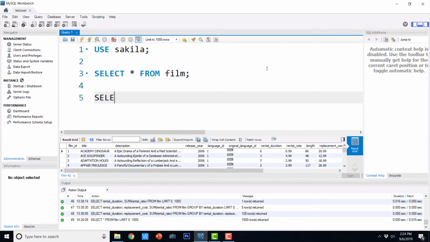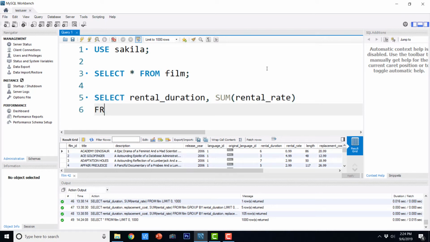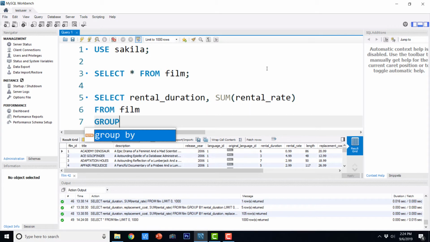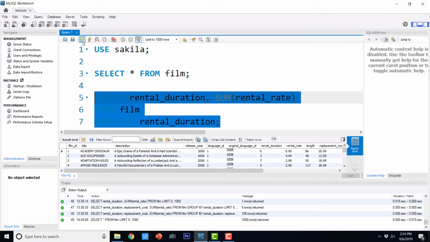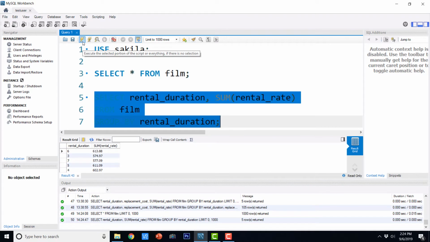Now if I say select rental duration, comma, sum of rental rate from film group by rental duration, and execute this, it is going to show me the groups by rental duration and the summation of rental rates.